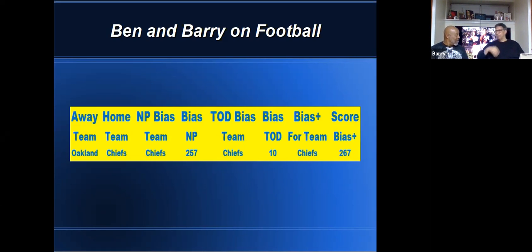Doug Martin was a beast last week, and the Chiefs couldn't stop him. This could turn out to be quite a game. I expect the Chiefs to win. So that would make Oakland maybe one of the potential biggest spoilers. If Oakland was to somehow beat the Chiefs and the Chargers won the game that they should win, yes, they